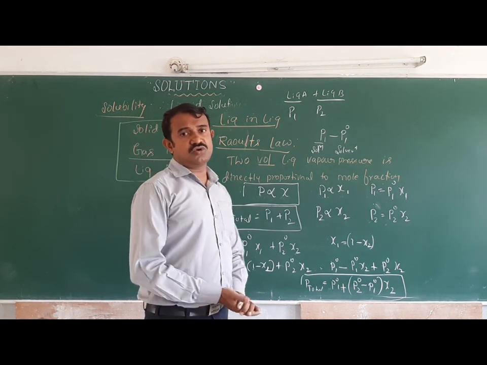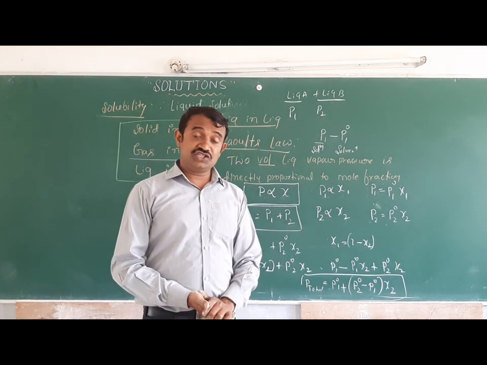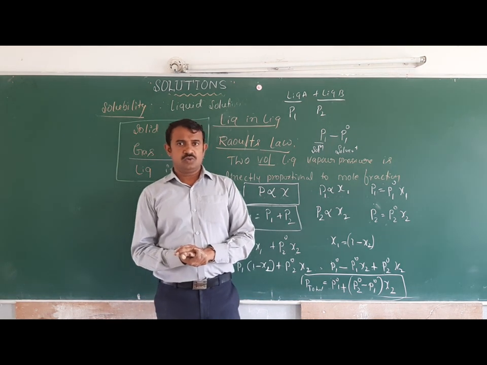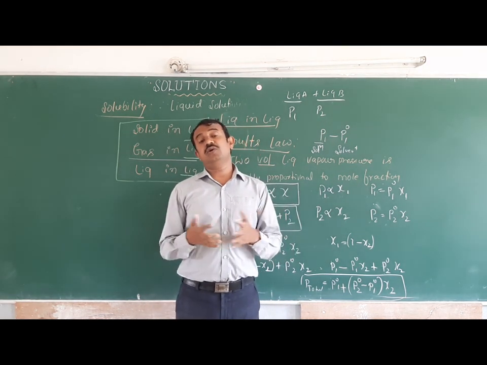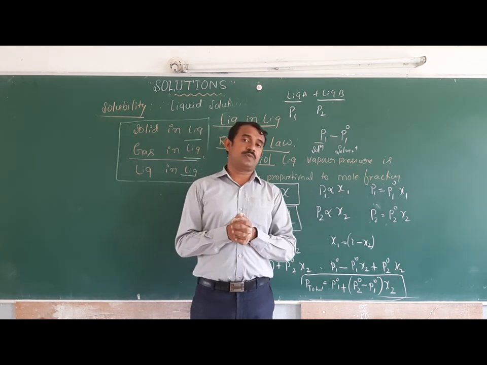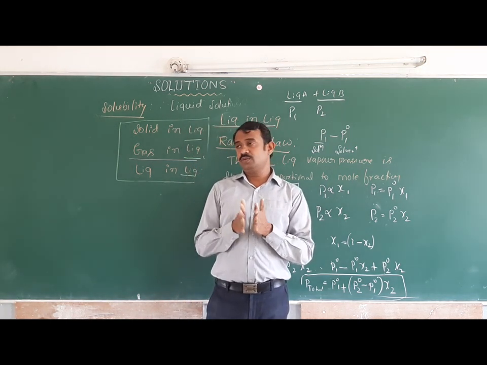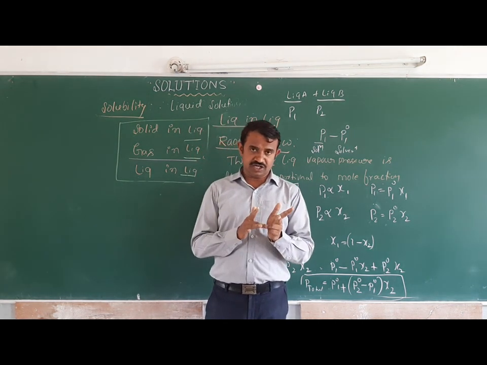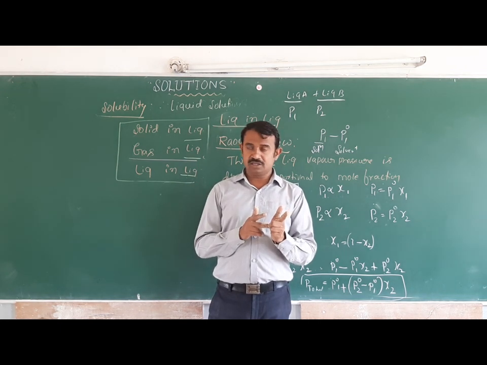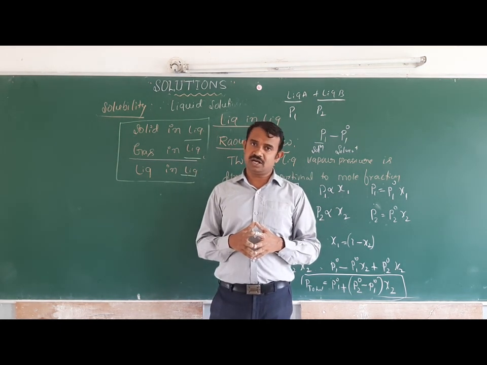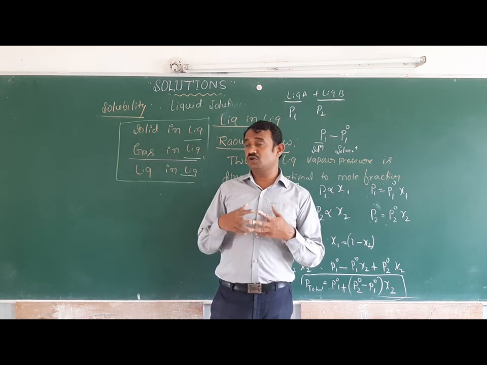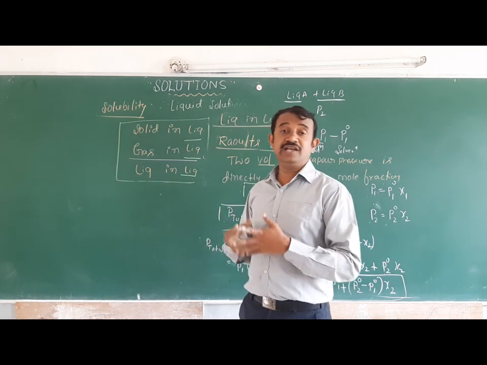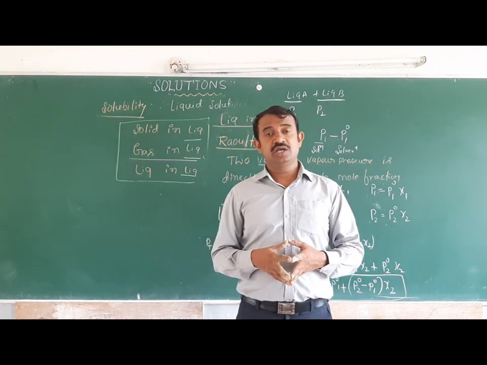Next we will go for ideal solutions, non-ideal solutions and azeotropes. What are azeotropes? What are colligative properties? We will go through them one by one. Today we discussed the solubility factor, mole fraction, percentage of solution and parts per million. The last one was the solubility concept. Next part of the solution, we will start colligative properties and ideal and non-ideal solutions. Thank you very much, students.